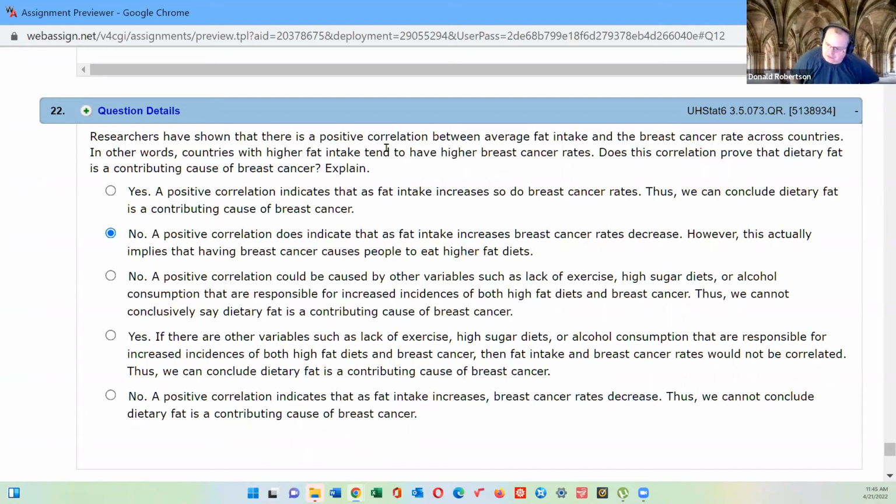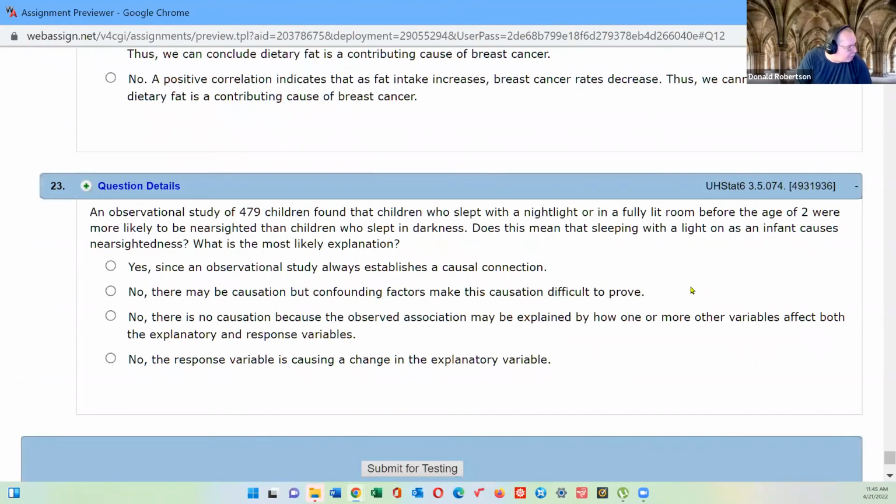So you'd have to find a country or countries that eat a lot of fat, but not much of anything else. And then find another country that eats a lot of fat and a lot of everything else. And if you could compare them and find that the cancer rate is the same, then wouldn't that mean the only common feature is that they both eat lots of fat, right? And that might be a way of getting around that rather nasty problem of how do you decide if something is really causing something? You found an association, which is good, but you haven't found proof that something X causes